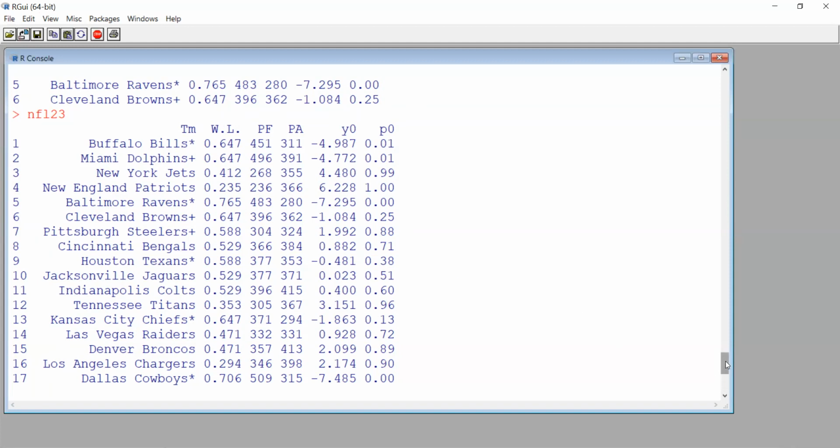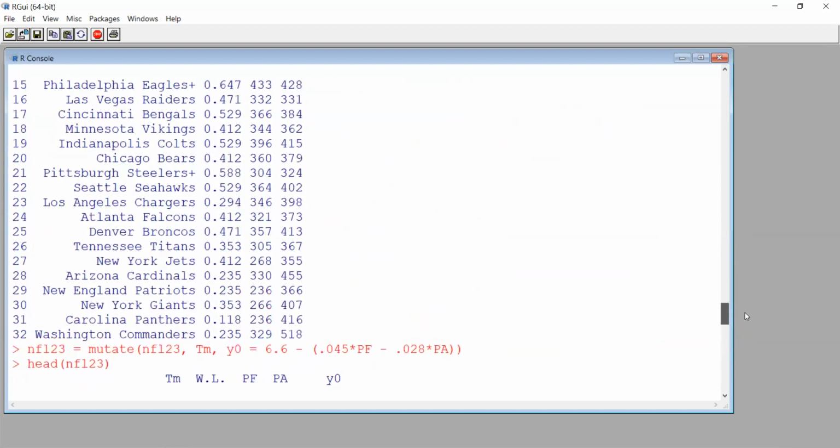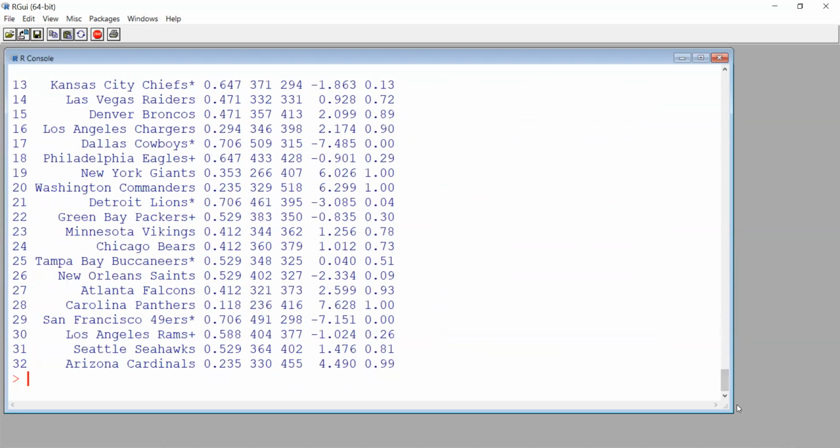Okay, now let's do the next one, and we'll see how many we want to do. I don't want to go on too long with this, and we're getting close anyway to the end of the lecture. But let's do another one. And again, we're going to use this mutate and transmute command and that's it, basically. You don't have to do any more modeling.